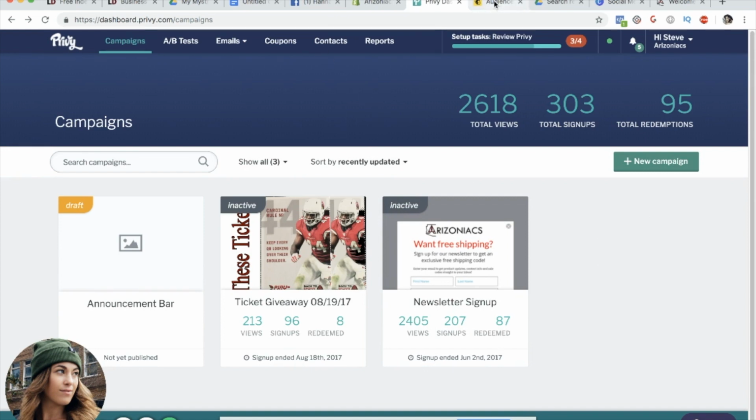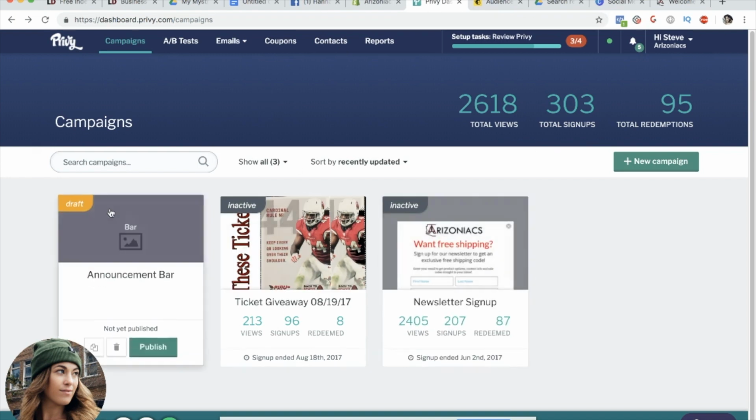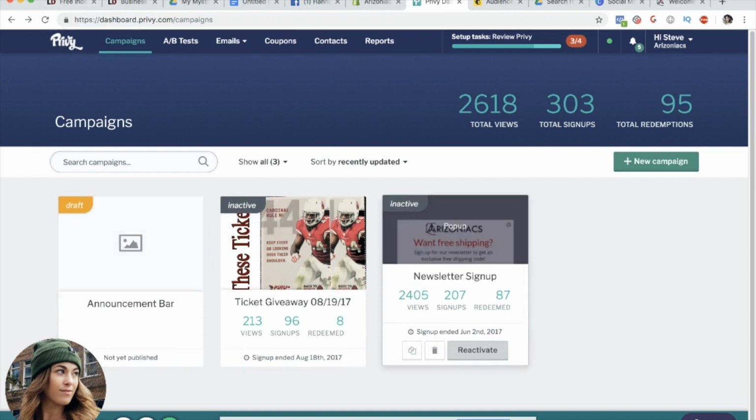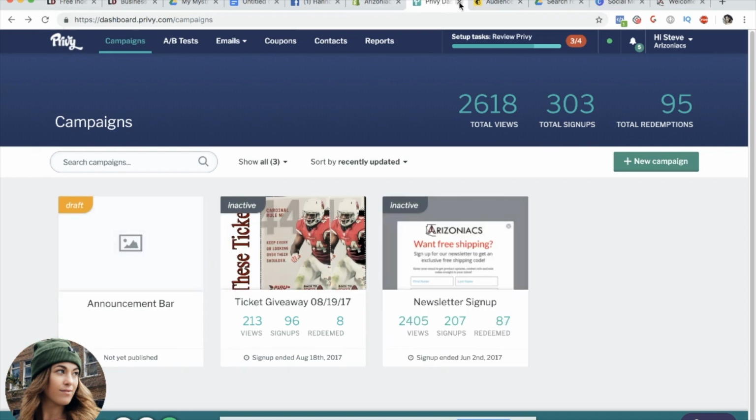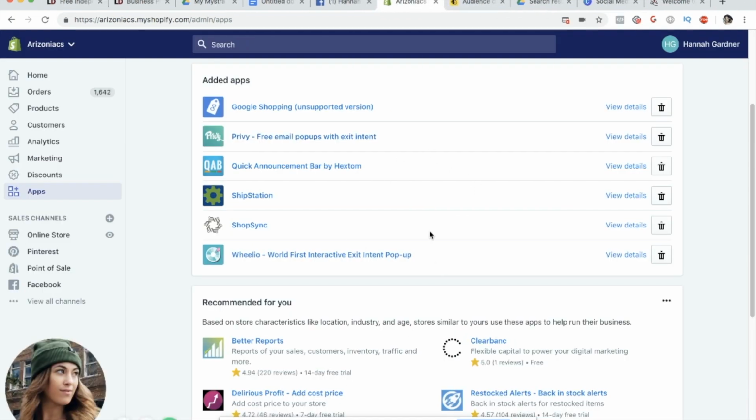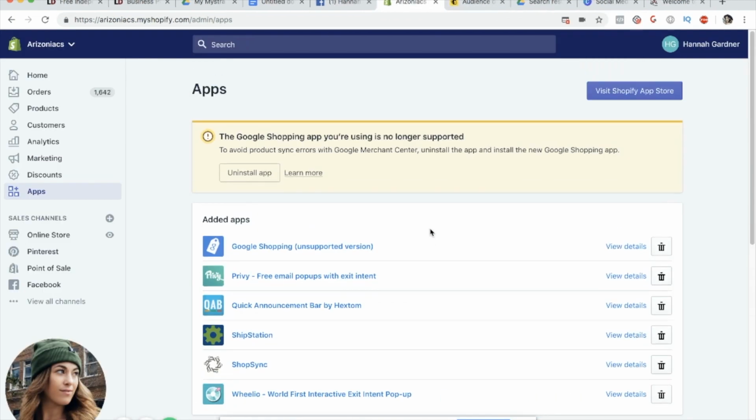You can also, if you use any email automation that you already pay for, so I use MailChimp, but MailChimp doesn't really sync with Shopify anymore. So if you use Klaviyo or something, they also have these little campaigns. Privy is another app that you could look at as well to do that. But those are just little pop-up things that you can put into your website. Super quick and super easy.